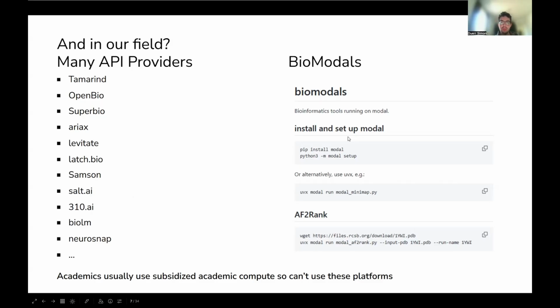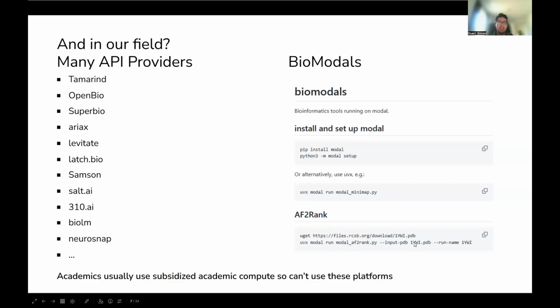I'm sure some people are familiar with this. This is Brian Norton, who maintains this biomodels repository, which has quite a few of the popular models, from ProteinMPNN, LigandMPNN, different structure prediction methods, and so on. And you can run them all on Modal, which is also a cloud provider for compute, but in a serverless fashion. Basically, you run this single script, and you can directly run the model, and then you get the output locally, but it's running in the cloud. But obviously, it requires paying this compute provider for the compute.